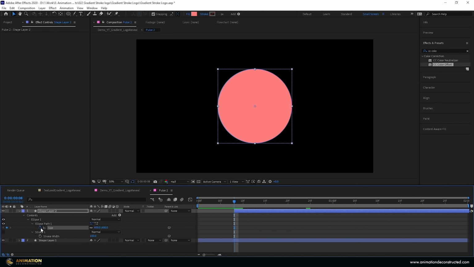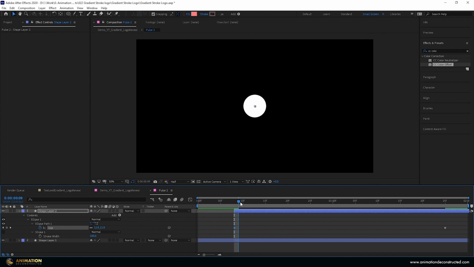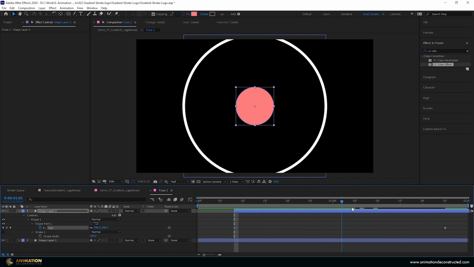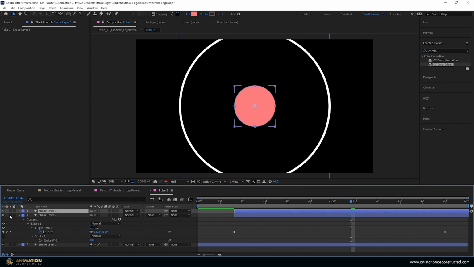And then I'm going to move to about, let's say we start this at about 8 frames. I'm going to move this over, add a keyframe for size, and we're going to move over, let's say about 125, add a keyframe there. Then I can take this down to 0. See if this is moving. Yep. Okay, in order to create that soft inner, I'm going to duplicate this,